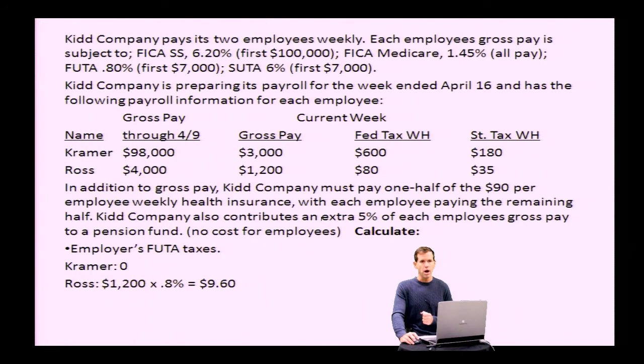On the other hand, Ross has only made $4,000 so far. So he hasn't reached that $7,000 cap yet. So Ross's $1,200 that he made this pay period are indeed subject to federal unemployment tax. So as you can see by our calculations down here, we took his $1,200 times the 0.8%. Now that's 0.8 of 1%, and it comes to $9.60